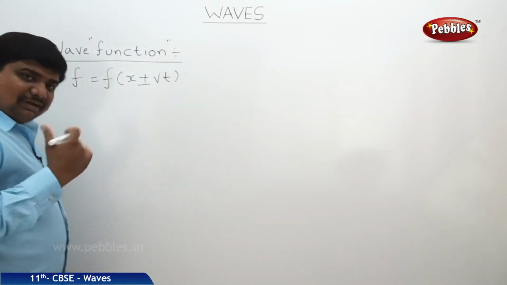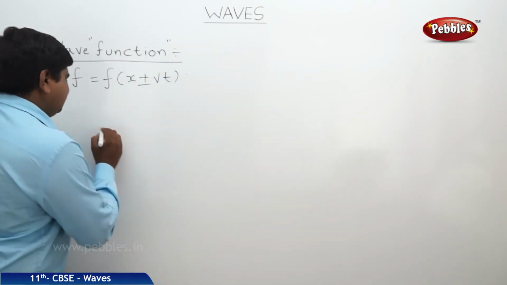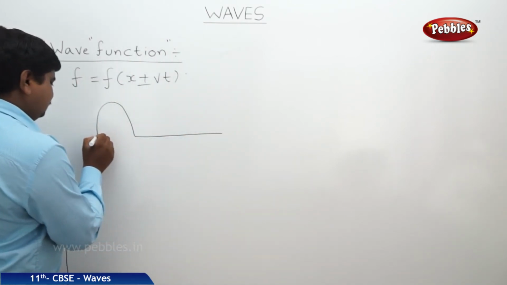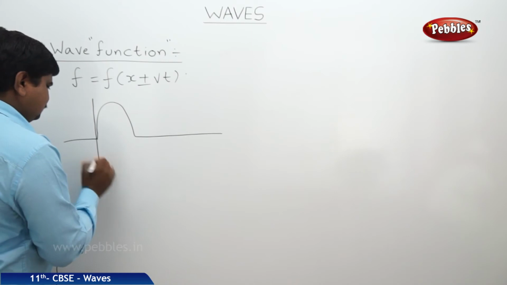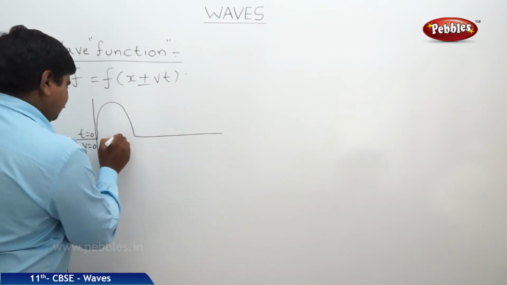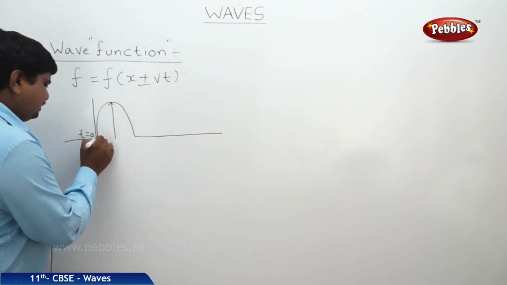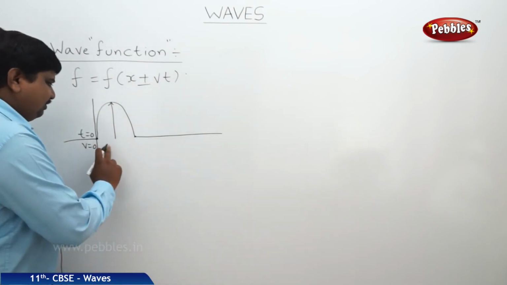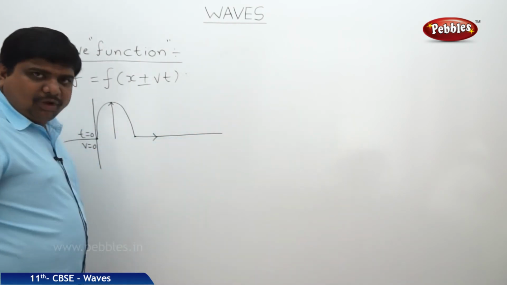Here this f is the function which describes the displacement of the wave along the string. So one wave loop is created on the string and we will see the initial and final positions of this. Here it is t equal to 0. At the same time v is also 0. The perpendicular displacement is also called amplitude. This is the initial position of the wave. This is the final position of the wave in a half cycle. So the wave is traveling towards the right or towards the end point.